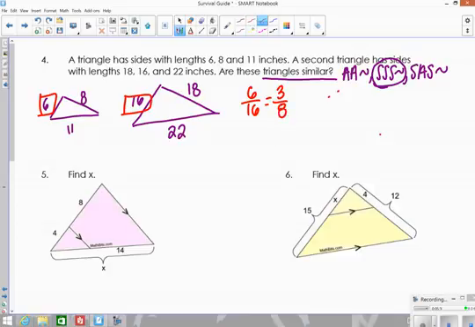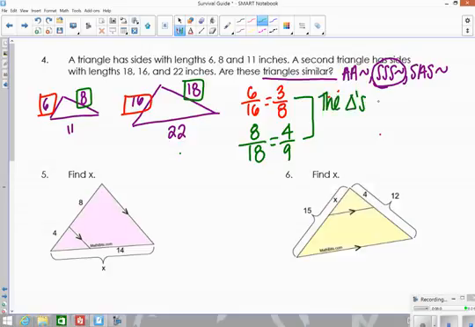Then if I take the next set of sides, 8 and 18, and you reduce these, so divide both by 2, you get 4 over 9. So right there, I know that these aren't similar because the ratio of the sides are not the same, which means the sides are not proportional. So I'm going to say the triangles are not similar